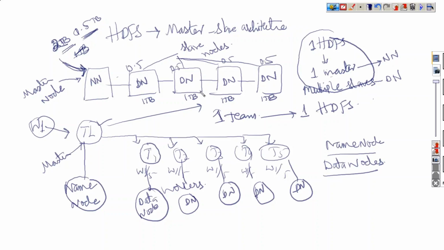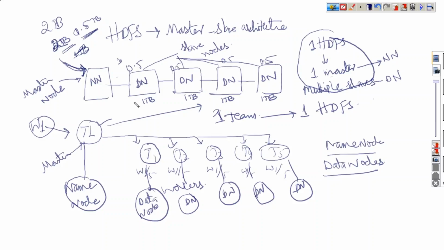Clear? Can we change this data node size frequently? Wait a minute, that's not it. Now what is the data node size? Totally 1 TB. So how much data are we loading now? Half TB. Still half TB of space will be free. Half TB of space remains free. If we have one more 2 TB of data, still we can load one more 2 TB of data also into the 4 nodes uniformly.